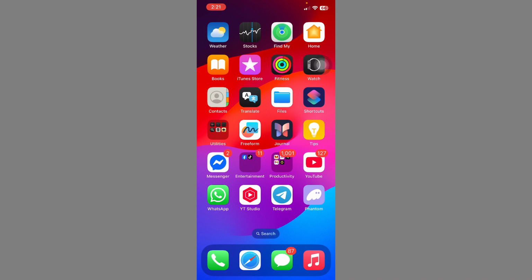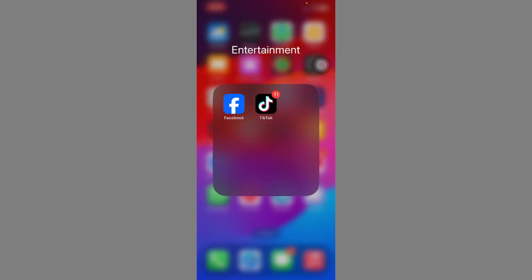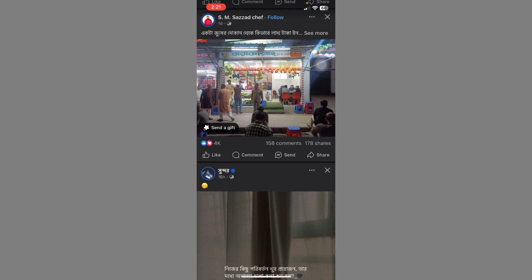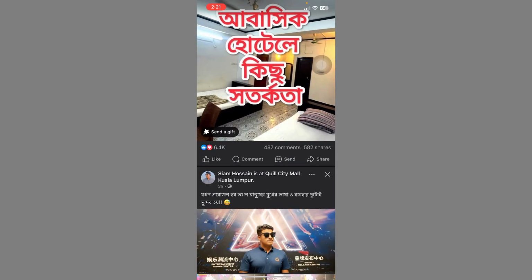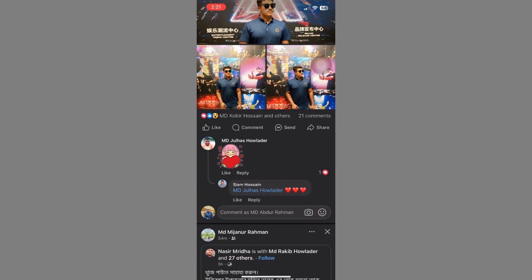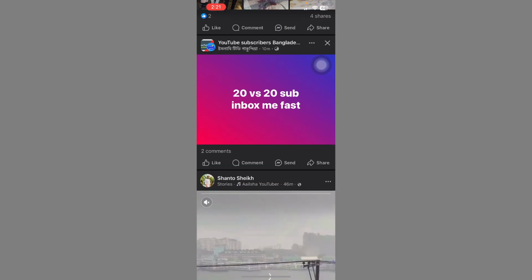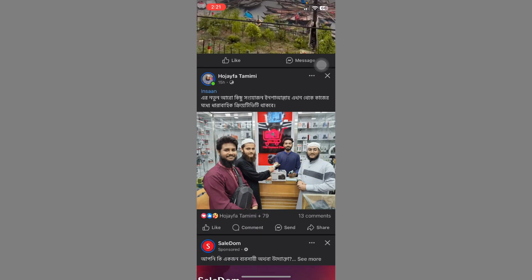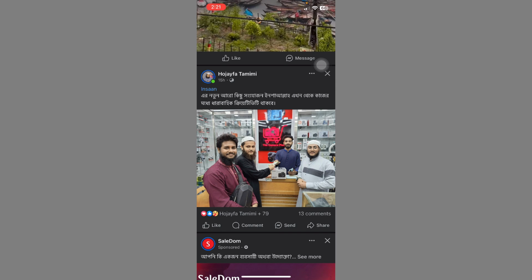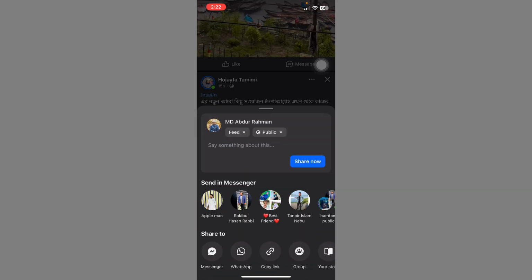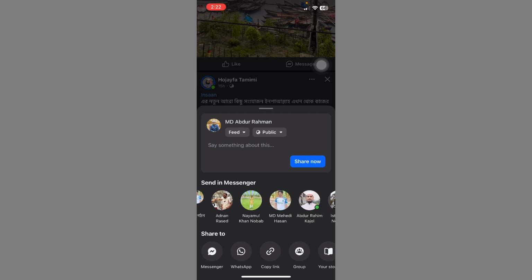Then first of all, click on Facebook app, scroll down. Okay, then choose someone's post. Okay, then this post, then click the share option. Okay, then share someone,